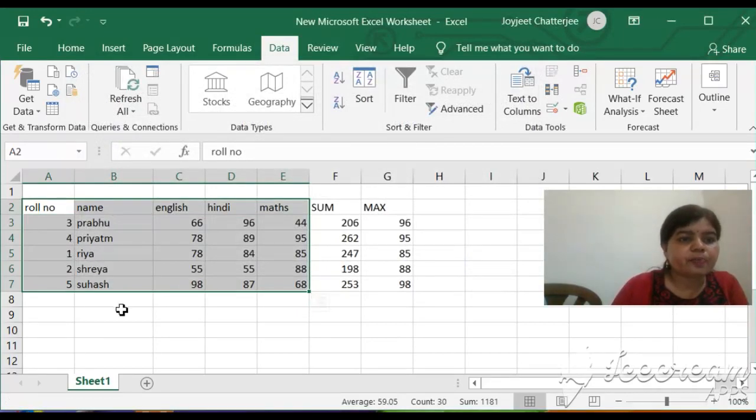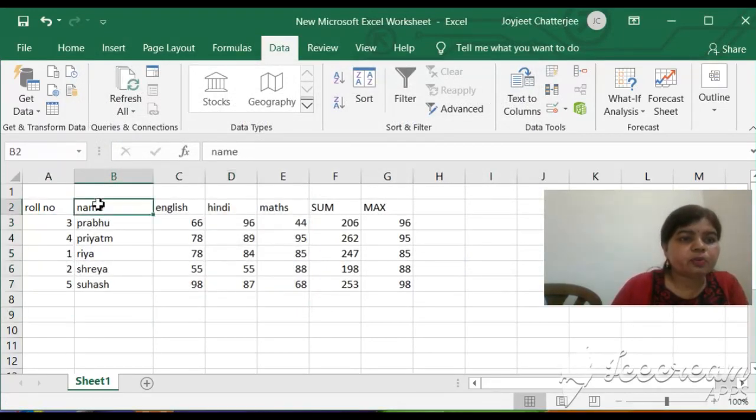So I had selected A to Z name. Here you can see in the name column all the data came in alphabetical order. First P, then R, then S. And because the name is changed, according to that the roll number also changed. First 3 came, then 4, then 1, 2 and 5.